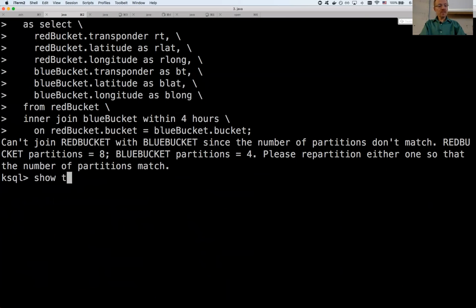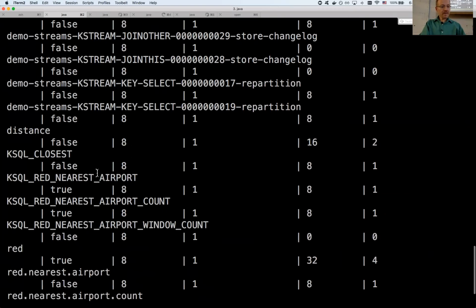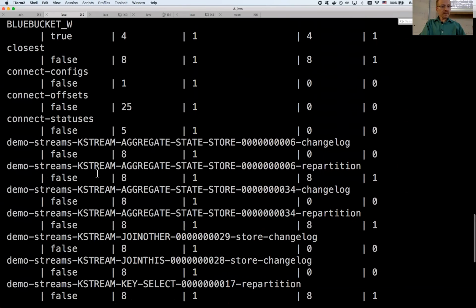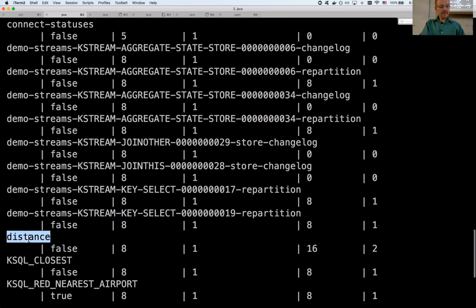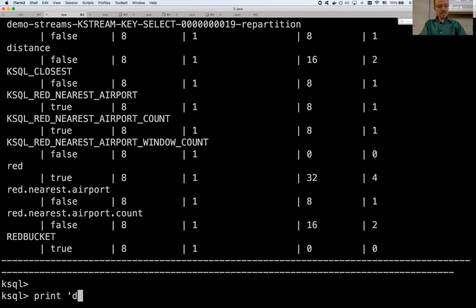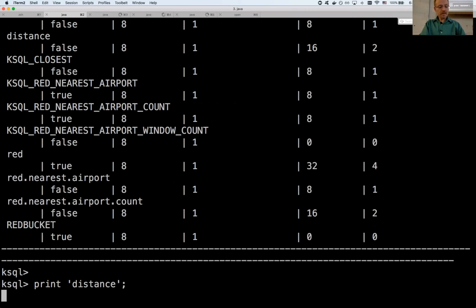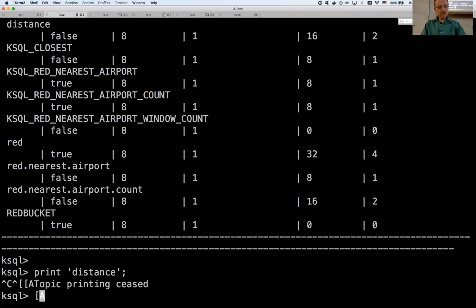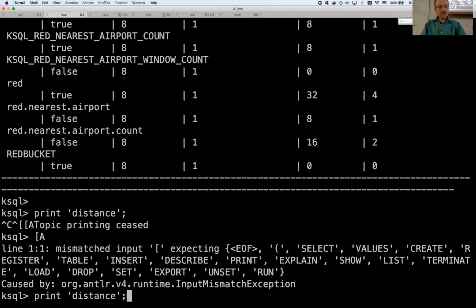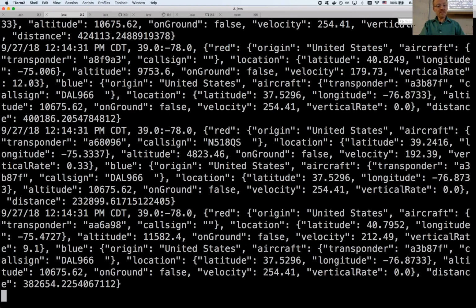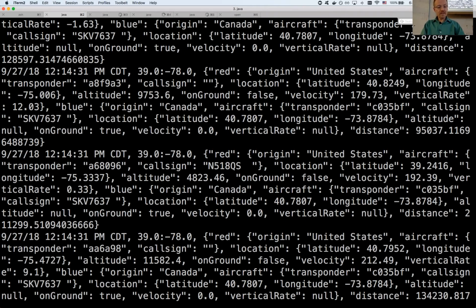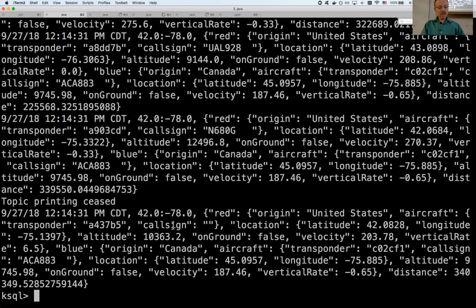So in lieu of time, I'm just going to show the topic of distance. You will learn that they're going to make that default, so that I will get the distance of every plane.